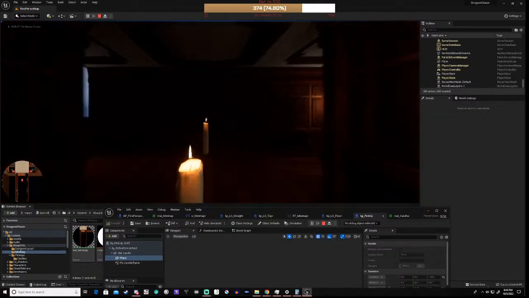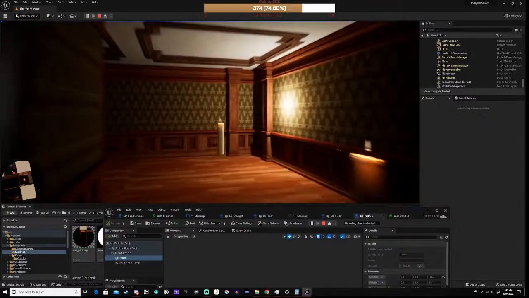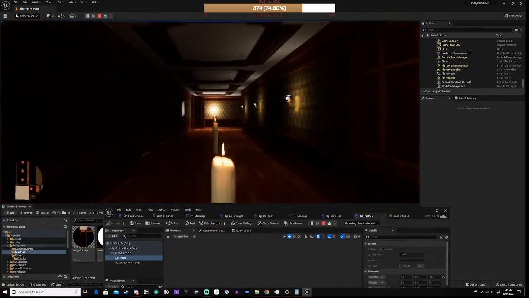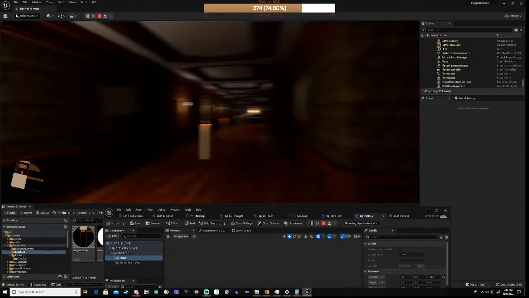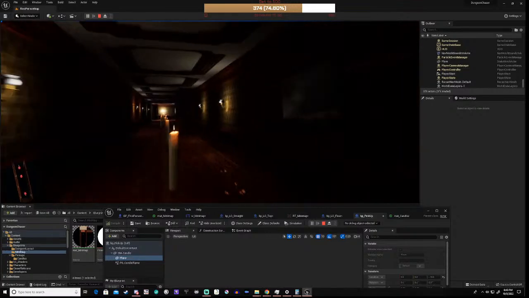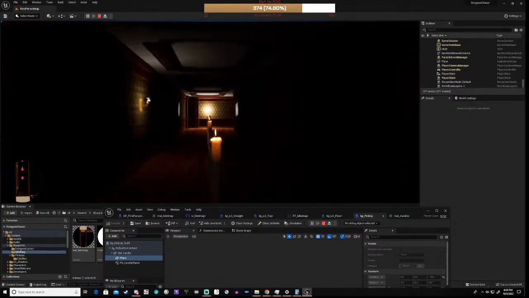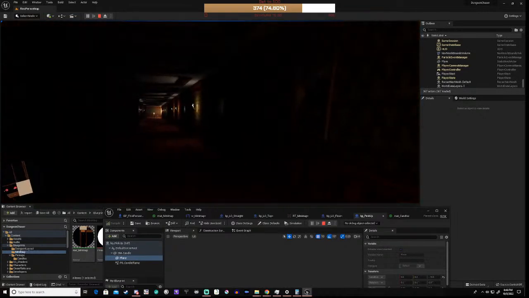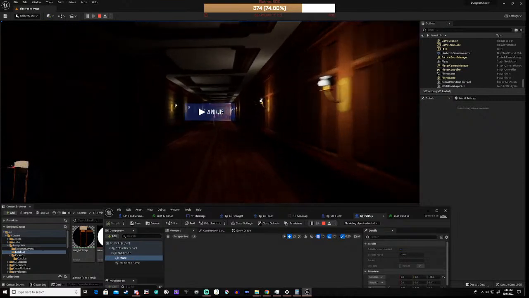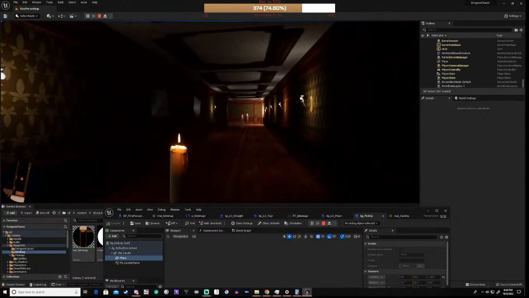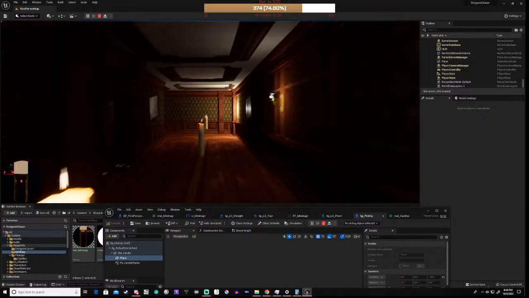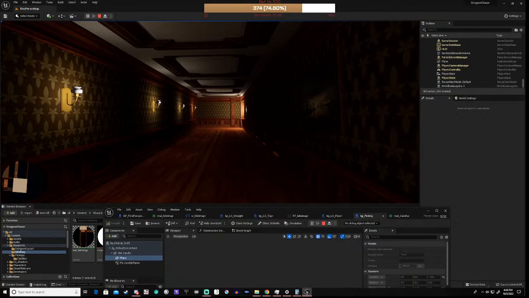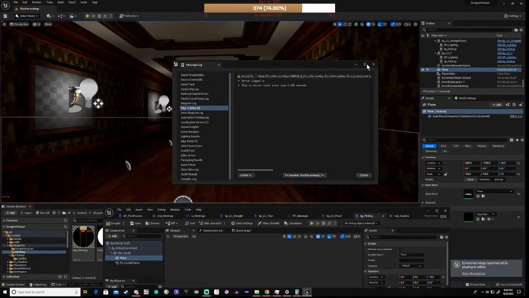And now we have our minimap with cool, right, and as you can see, that won't work, but that's okay. Right, and now what we can do